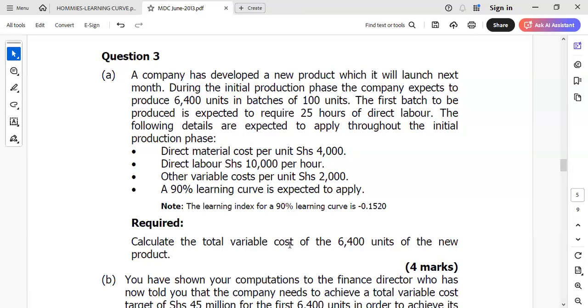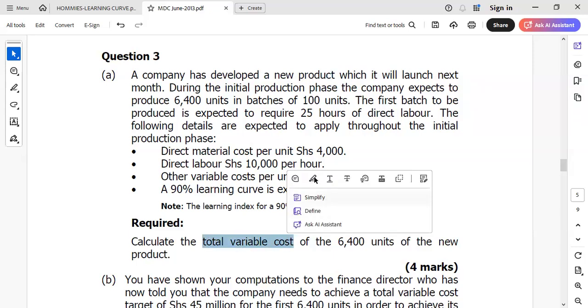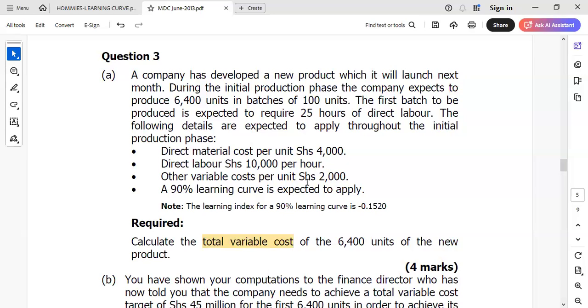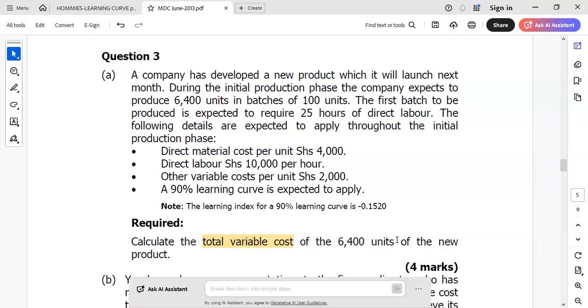Calculate the total variable cost of the 6,400 units of the new product. What are we given? You need the total variable costs of the 6,400 units